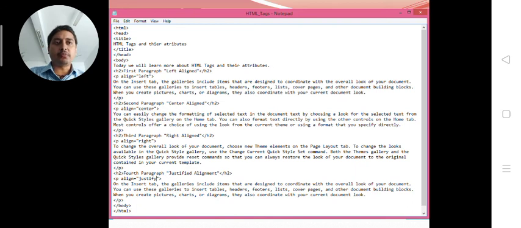It will be better to pause the video and read all the codes, so that you will be able to correlate the things. The main attention you have to pay is on the paragraph tag. After the H2 we have written first paragraph left aligned, second paragraph center aligned, third paragraph right aligned, and fourth paragraph justified alignment.